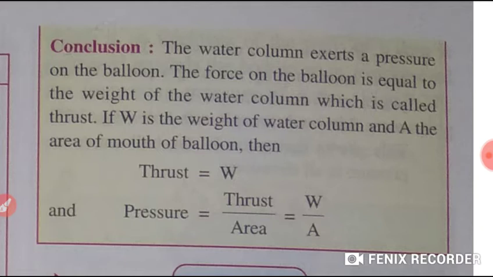Right? Now, students, let's see what are the factors that are affecting liquid pressure. There are two factors, students: the height of the liquid column and second, the density of the liquid. The liquid pressure increases with the height of the liquid column above the point, and the liquid pressure increases with the increase in the density of the liquid. Now, first of all, we will study how the liquid pressure increases with the height of the liquid column.